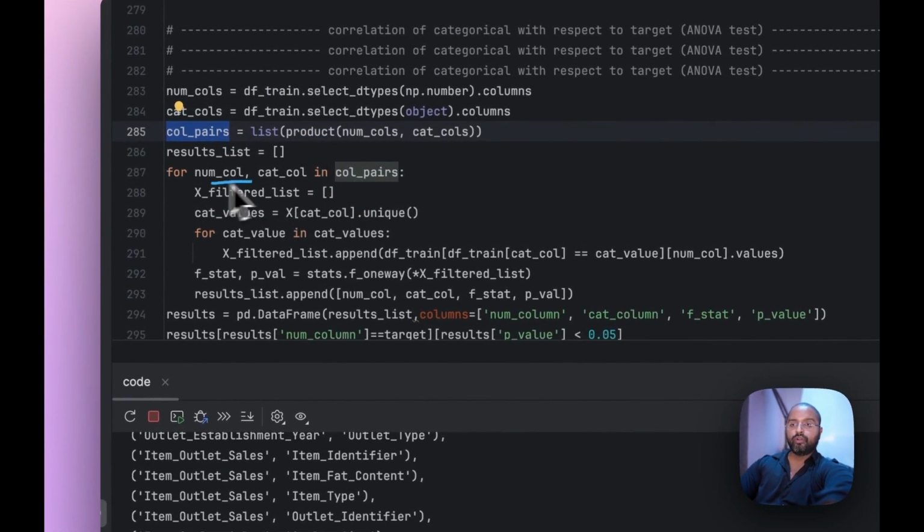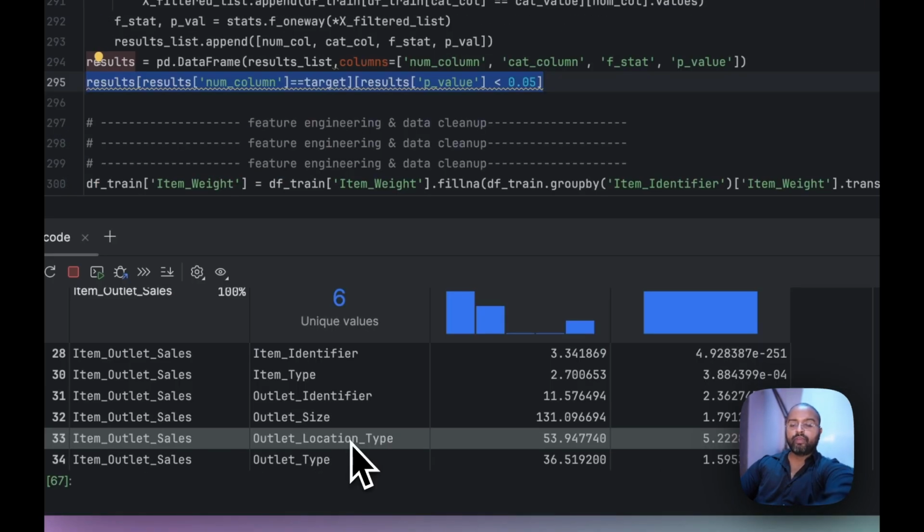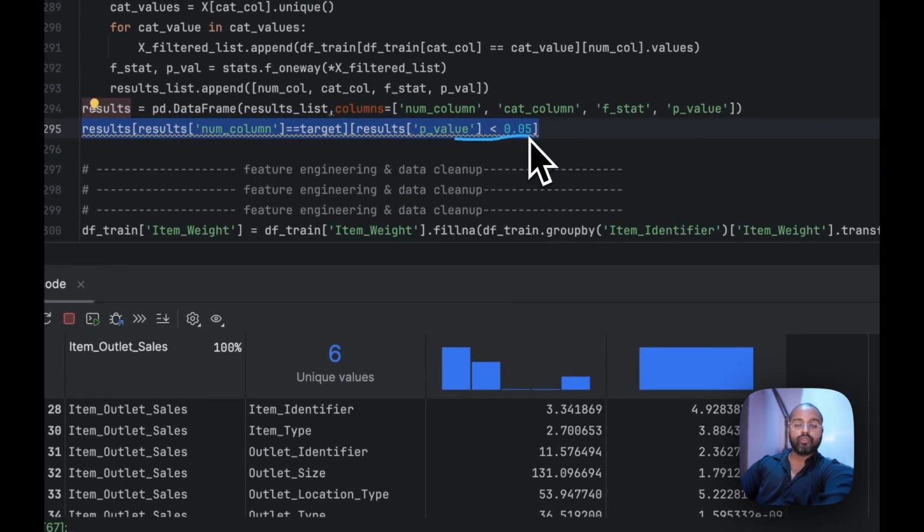And we loop through all of this over here, build categorical values, and create a filtered list like this, which goes into an ANOVA test. And we append all that in the results. And finally, we build a results data frame and look at all the columns which have a p-value less than 0.05. So when we look at the actual results, we are looking at p-value less than 0.05, which says